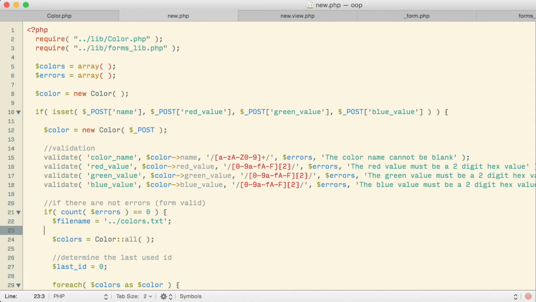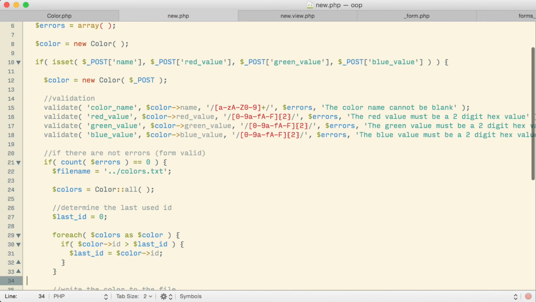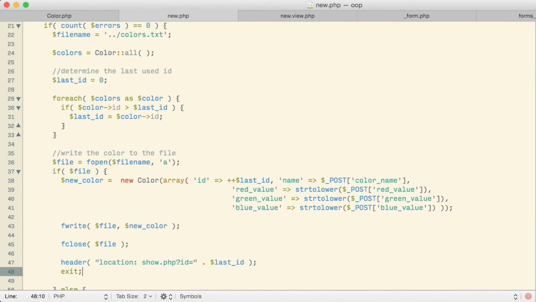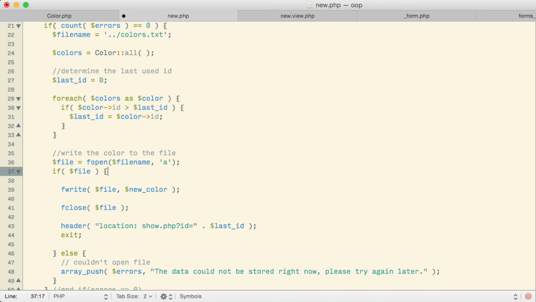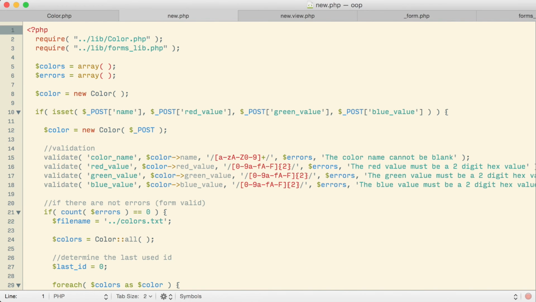There we are. When we come down and check our errors, that part hasn't changed yet. I suppose the thing that would be different is that when we get down to actually save, we probably don't need to generate a new color object at that point. We already have a color object that has those values in it, so we ought to be able to just get rid of that line altogether and just use the color object that we already have. Maybe something like this.